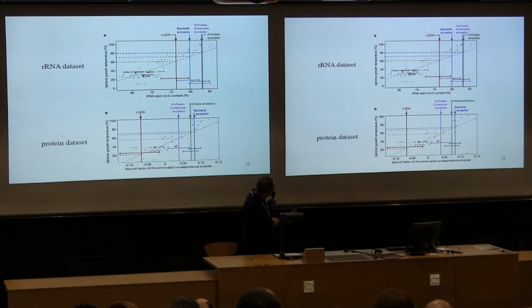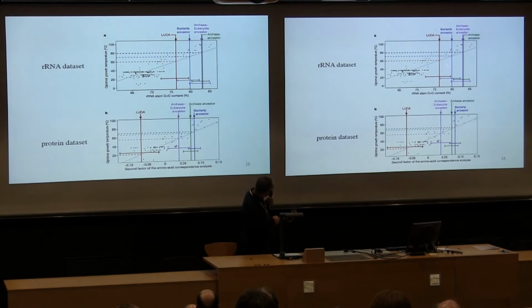So what we did is estimate the ancestral composition at all nodes of those trees, and we are especially interested in some deep nodes in this tree. The last common ancestor of the bacterial domain in blue, in green the last common ancestor of the archaeal domain, and in red their common ancestor to these two domain ancestors, the last universal common ancestor.